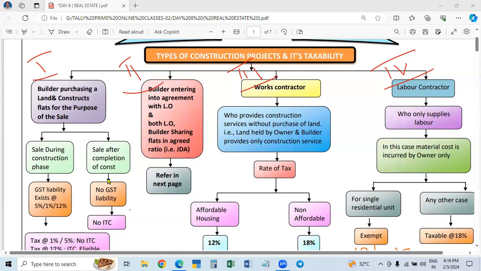For example, in this case, if the value of the residential unit is 40 lakhs, the total 40 lakhs would be paid after completion of the project and it will be handed over. But here, for example, 10 lakhs is paid as advance. And after completing the construction of the unit, the balance 30 lakhs will be paid and collected by the builder and it will be handed over. In that case, the tax is payable on the total amount, that is 10 plus 30, total 40 lakhs. You have to pay the tax.